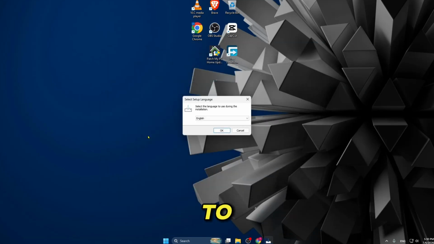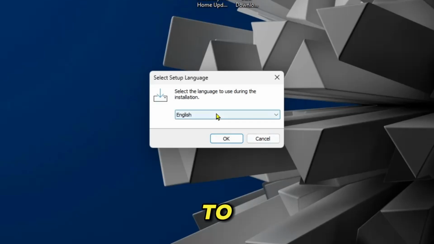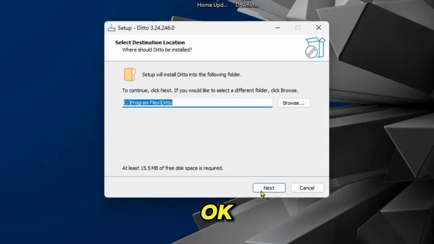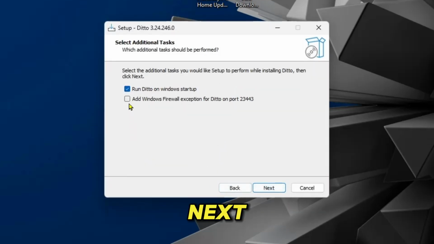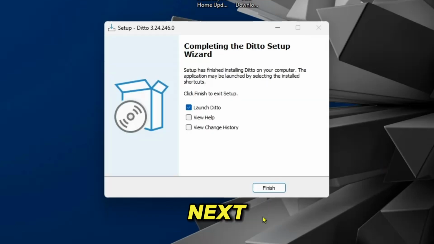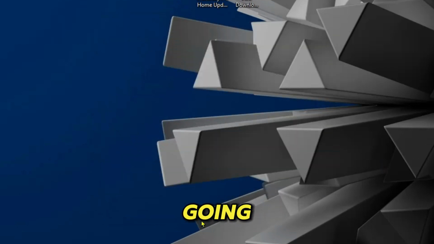Now here you have to select your setup language. I'm going to select English. Click on OK. Next, click on add Windows firewall exception for Ditto port 23443. If you don't want it, you can simply uncheck it, and next, after that it is going to launch Ditto